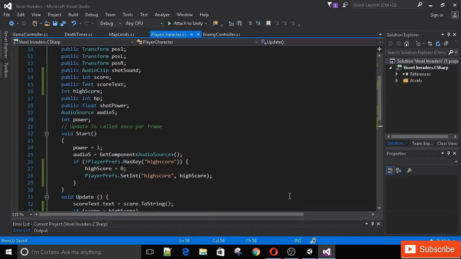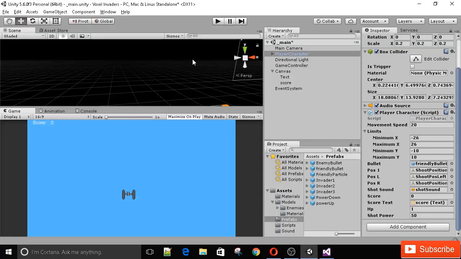So in the next lecture, we will be adding the power-ups and power-downs, and we'll also display the high score when we die. Until then,